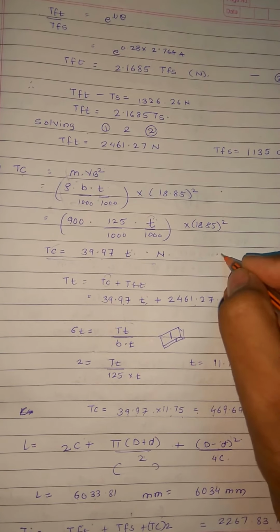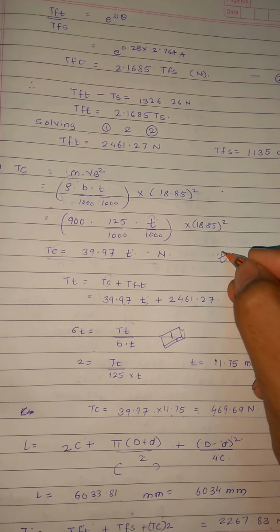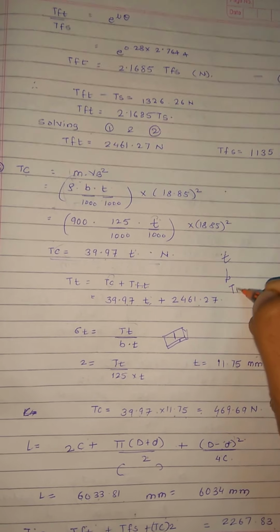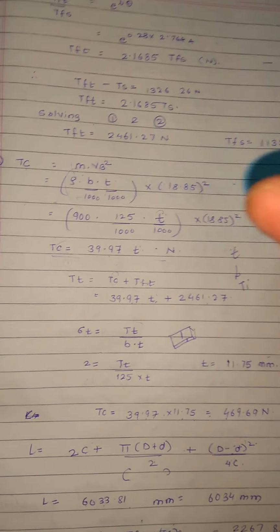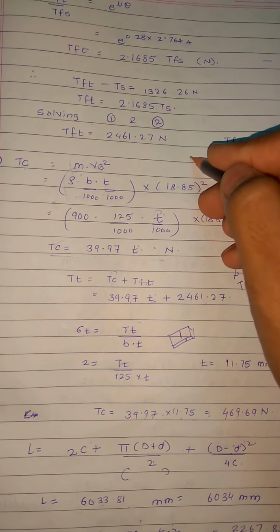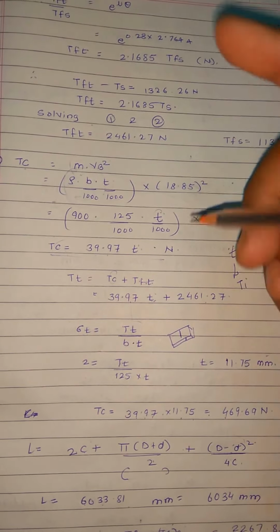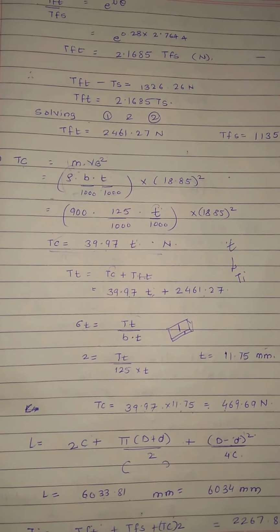This was the first and the simplest type of numerical for belt drive. It consists of 3 things: we found out the thickness, we found out the length, and the initial tension. All these steps are to be remembered and carried out in every single numerical, no matter if it is cross or open type. So we have to first calculate the speed of the belt. Second, we can calculate from the power, TFT minus TFS.